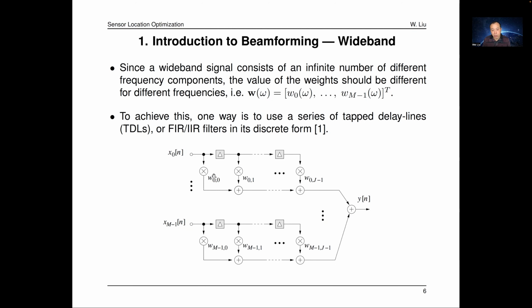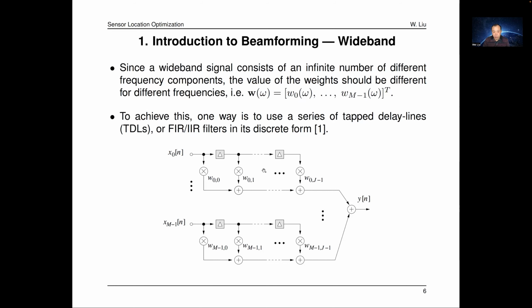So to remove one sensor for the wideband case, you need to make sure all the associated coefficients for this particular sensor are zero valued. So how do you achieve this in your optimization? The idea is, you put these